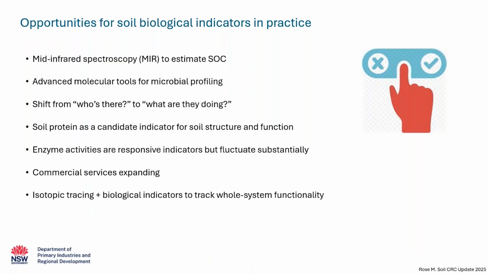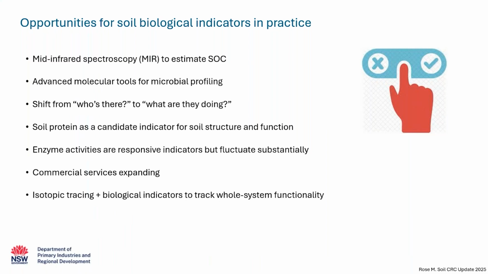So finishing up, clearly there's a wide range of biological indicators that exist, all varying in cost, accessibility, sensitivity, standardization, temporal variability, and interpretability. But as mentioned before, trade-offs are inherent. Measuring everything is neither feasible nor necessary to address specific research questions. Strategic selection balances cost effectiveness with management sensitivity and robustness.